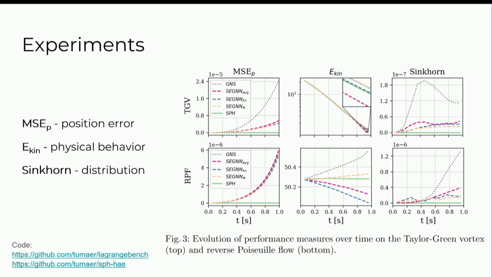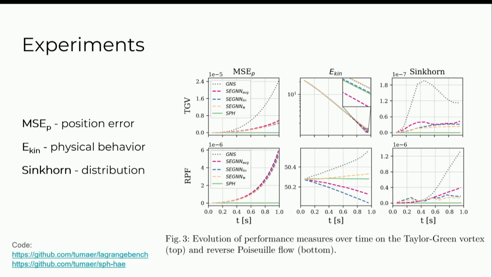Okay, and so these are our results. Now, these are these measures that I was talking about. So there's the mean squared error on positions, right? We care about the evolution of the particles, right? And we can just compute the squared Euclidean distance. And so these are the errors, and we see that with all these, SCGNN average is this averaging embedding, then there's this linear weighting embedding, and then there's the tensor product embedding. And so we see that all of the equivariant ones are much better than